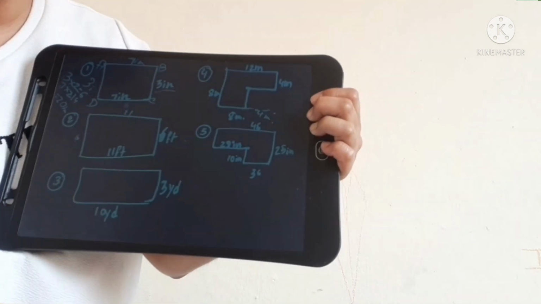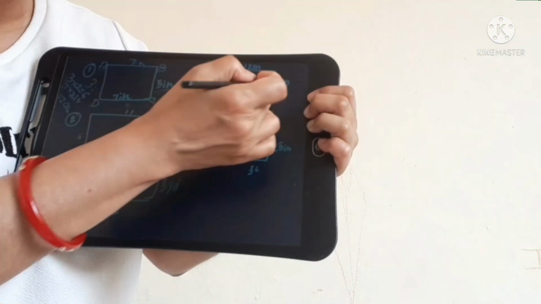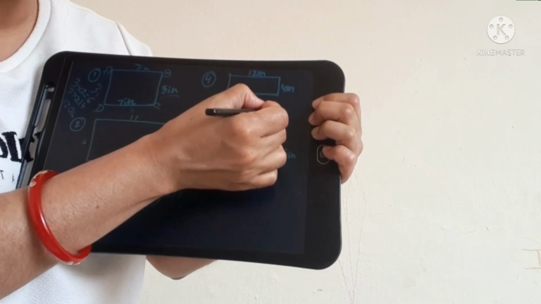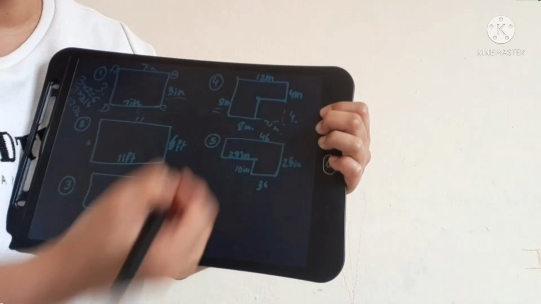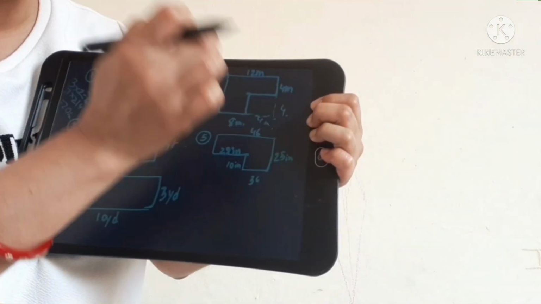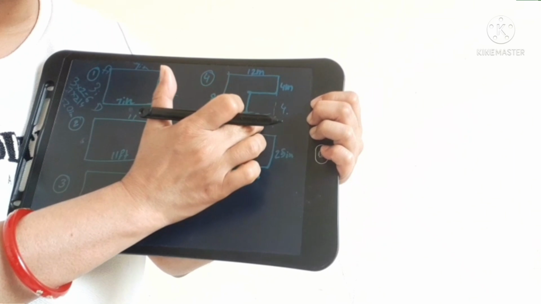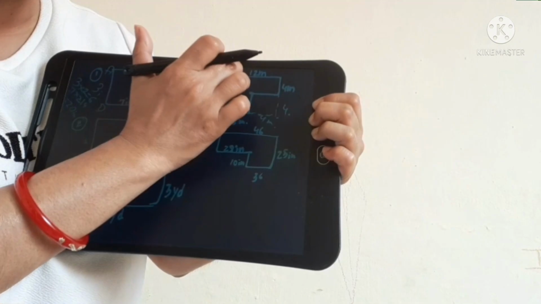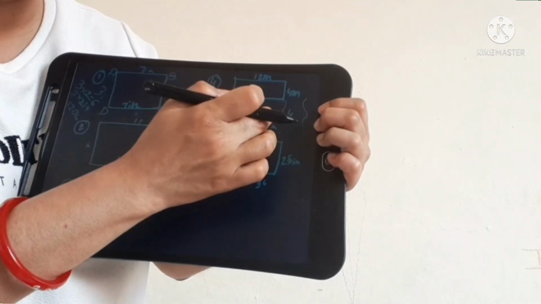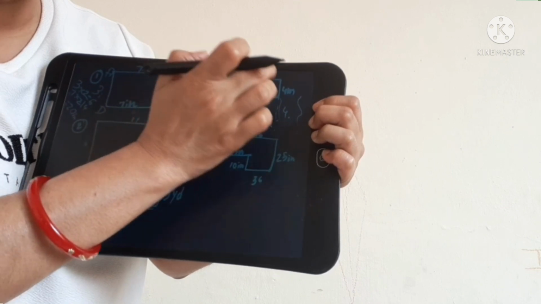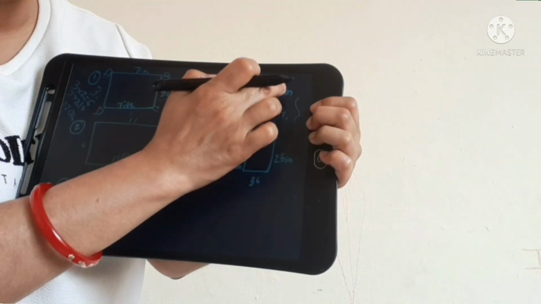So 8 plus 4 is equal to 12. Here also 12. So now this is 8. This is 4. Here also I have to draw one imaginary line and this should be 4. So 4 plus 4 is equal to 8. This is also 8. This is also 12 and this is also 12. So I can do 12 plus 4 plus 4 plus 4 plus 8 plus 8. Otherwise 12 plus 8 plus 12 plus 8, because together this is 8. Otherwise, I can divide this 8 plus 4 or 4 plus 4.